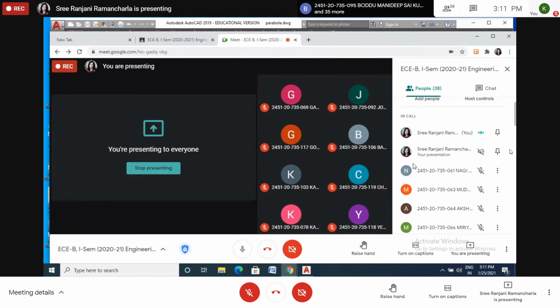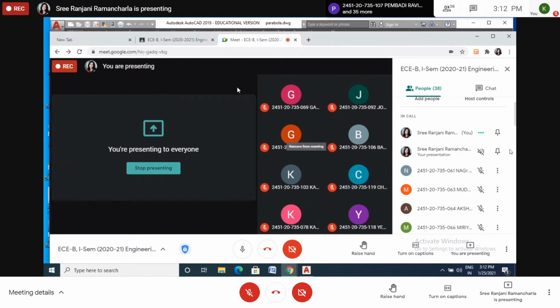After dividing by 5, how many subdivisions will come? 4 will come. One of you said 4 divisions, number 69. Okay, your answer is also correct. You can make 4 divisions also. How many subdivisions come when you make 4 divisions? 5 will come. Listen again. The 8 centimeter length can be divided into 4 divisions.